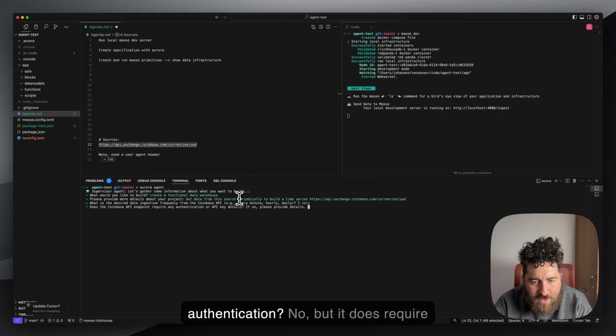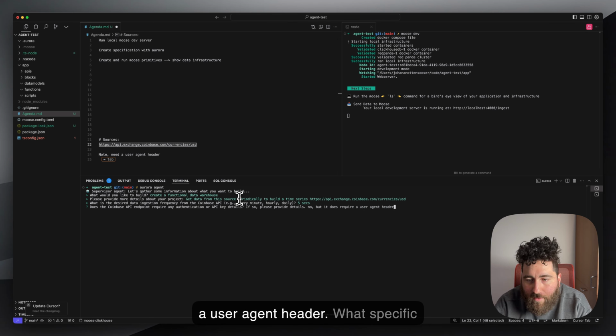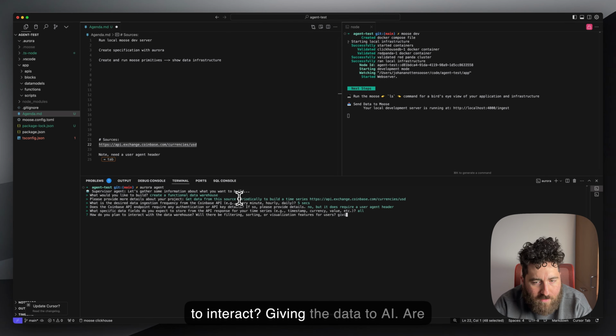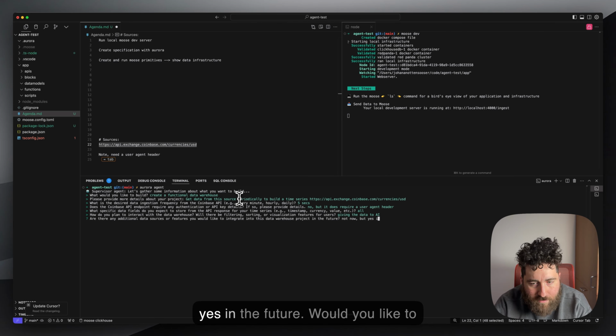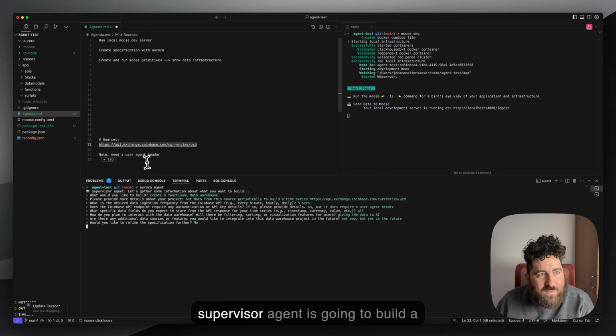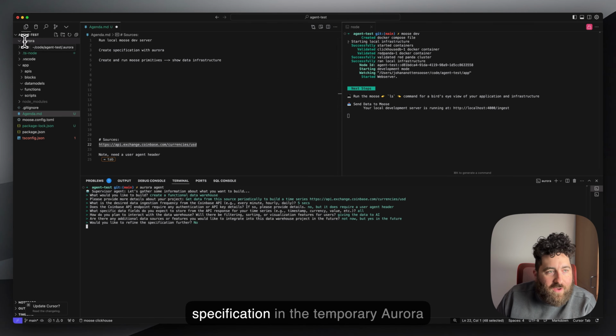Does it require any authentication? No, but it does require a user agent header. What specific fields? All of them. How do you plan to interact? Giving the data to AI. Are there any additional sources that you would like to integrate? Not now, but yes, in the future. Would you like to refine the spec? No. So now the supervisor agent is going to build a specification in the temporary Aurora